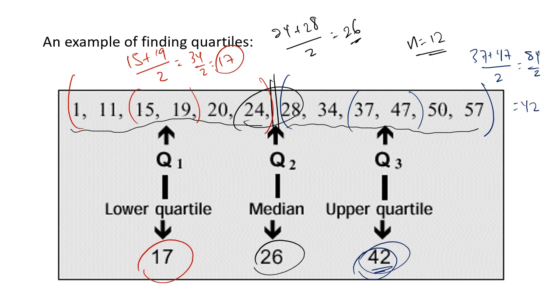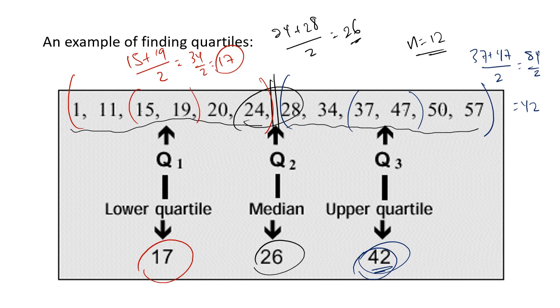So we've got a lower quartile, an upper quartile, and a median. It should be pretty easy to remember which one is which. The first quartile is going to be the lower number. The third quartile or upper quartile is going to be the bigger number, and the median should be right in the middle. One thing to remember, though, if this were an odd number of numbers, then the median would be